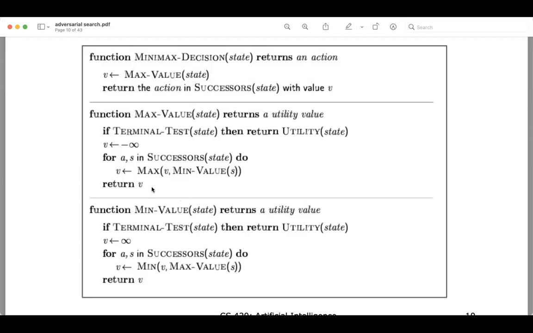For the minimum value, instead of maximizing, we actually do minimizing. We know that this max comes turn by turn, and there's a turn for max and then a turn for min. So first turn, maximization of the previous minimization is being done, and then on the next turn, minimization of what we know has